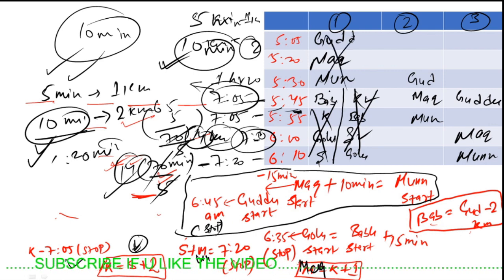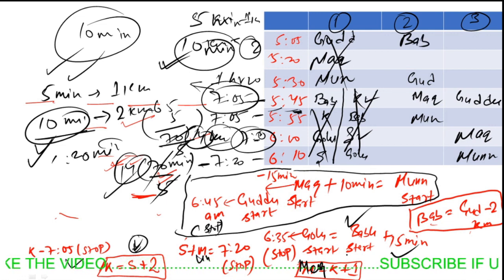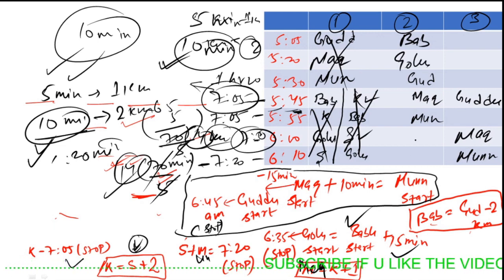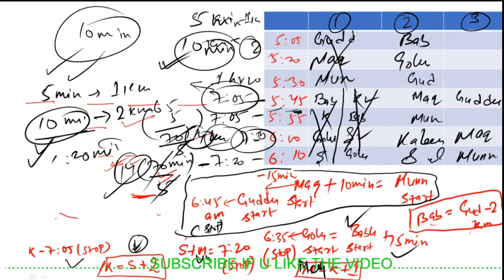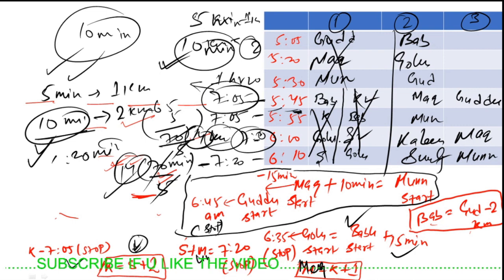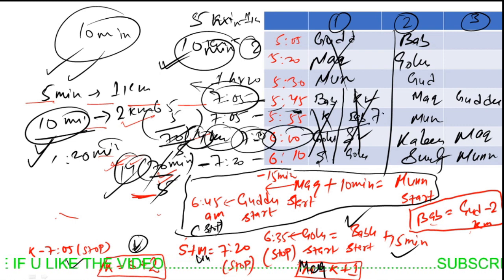Now come to case 2. In case 2 we can put Bablu here, because we know that 15 minutes after Bablu, Golu starts, so Golu will be starting here. Okay, now we can put Kalin here and Sweetie here. If you put Kalin and Sweetie here, then you will be getting 6 o'clock. Kalin will be stopping at 7:05, and then Sweetie will be stopping at